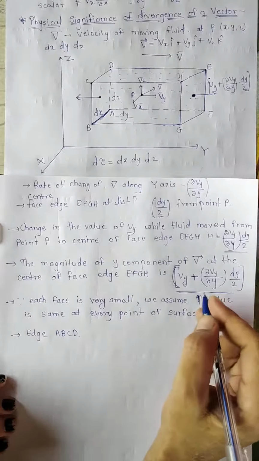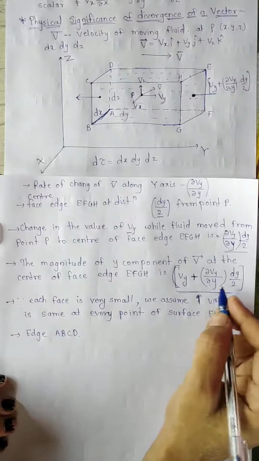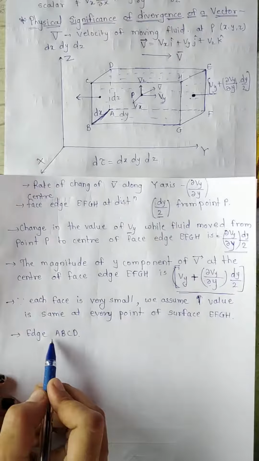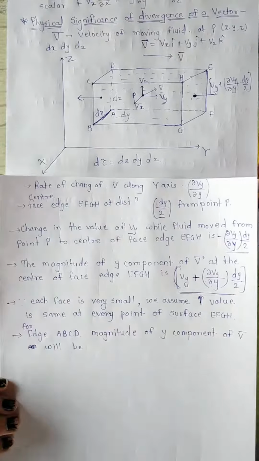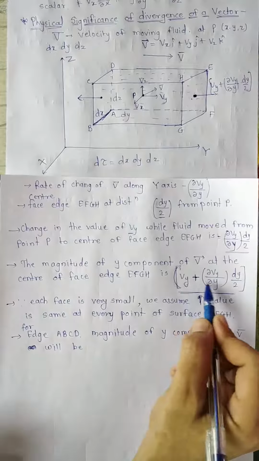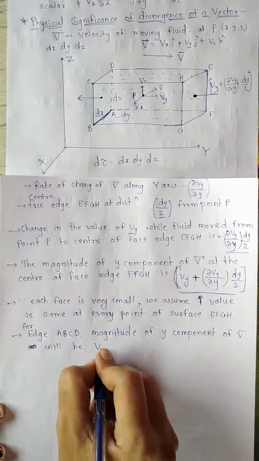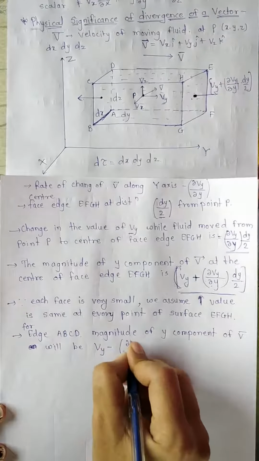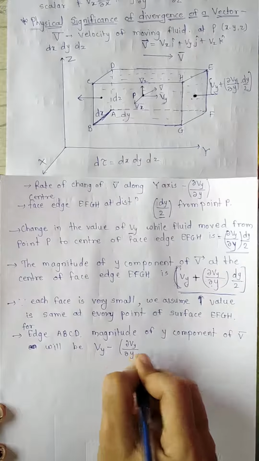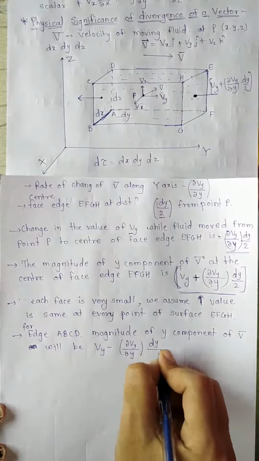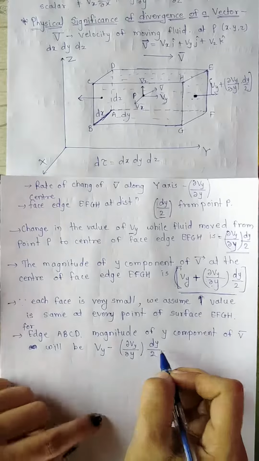So the magnitude of y component at the center of this edge will be, just take the negative sign here, and we will get Vy minus dou Vy upon dou y into dy by 2, because if we